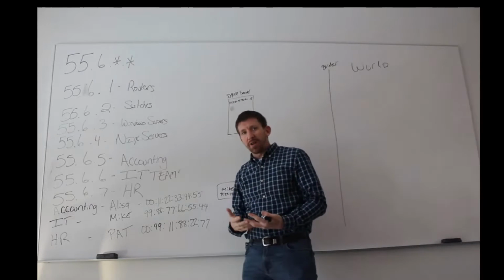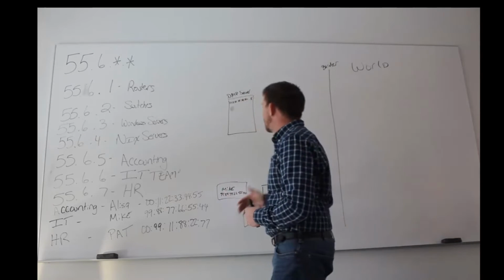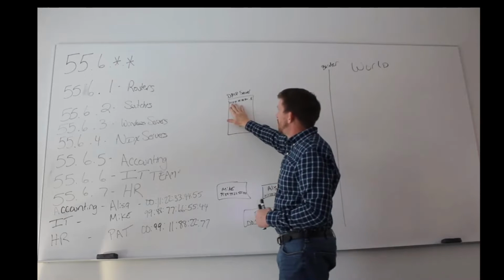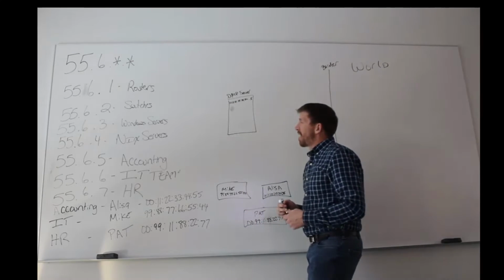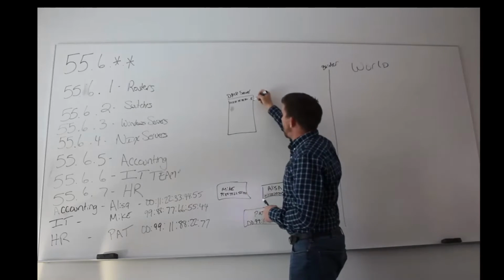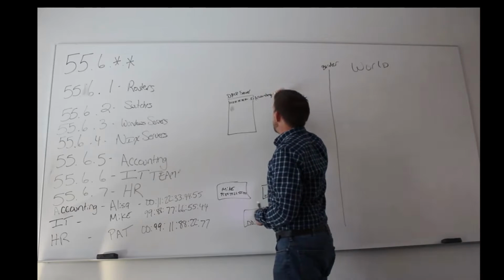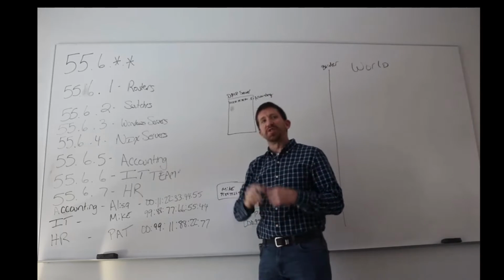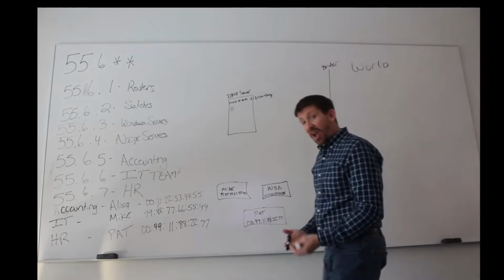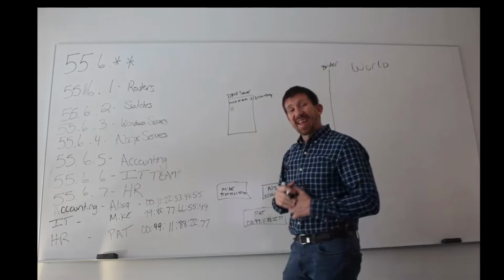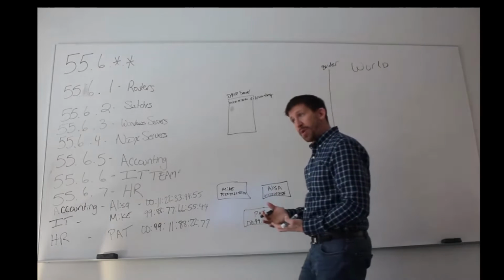Before bringing that computer out to her, the IT team goes to their DHCP server. You can do this directly on the server, or you can have a web interface or an application interface that writes this. They're going to say that 001122334455 is put in subnet 5, and we know that this is our accounting subnet. So we have just made a business decision that .5 is accounting. We want this MAC address that's assigned to this user to always be in that environment. And so when Alyssa turns her computer on,